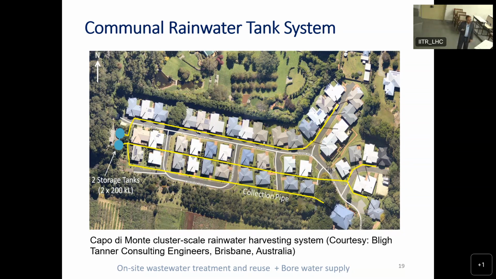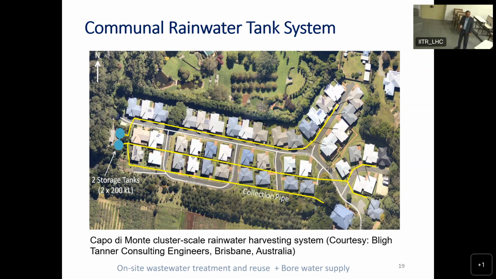And after treatment, which is a membrane bioreactor, and after disinfection, it is supplied back to homes through another pipe network, which is being used for toilet flushing and garden water. So they have tried to make the system self-sustained for 15 years. There is no stormwater harvesting in this case. It is only the rainwater which is used for potable supply, and the treated wastewater